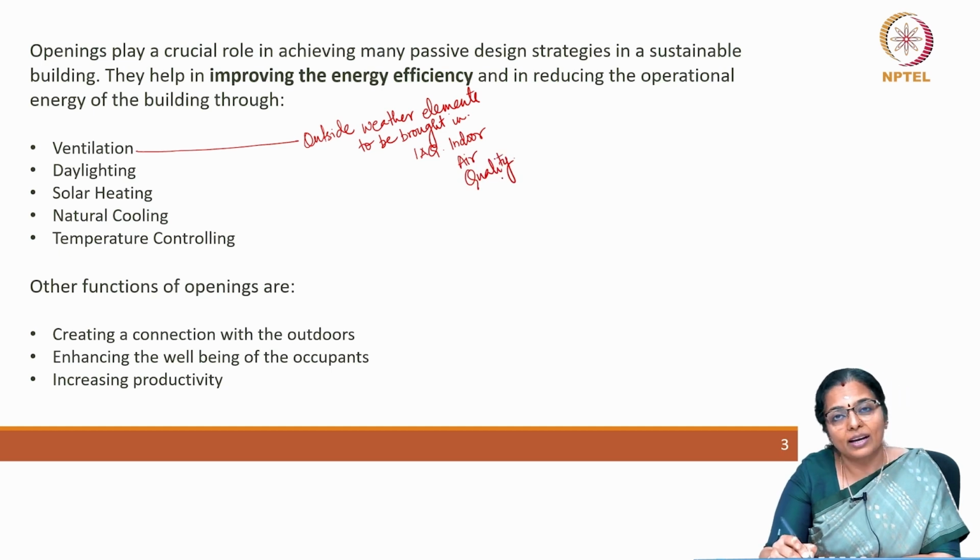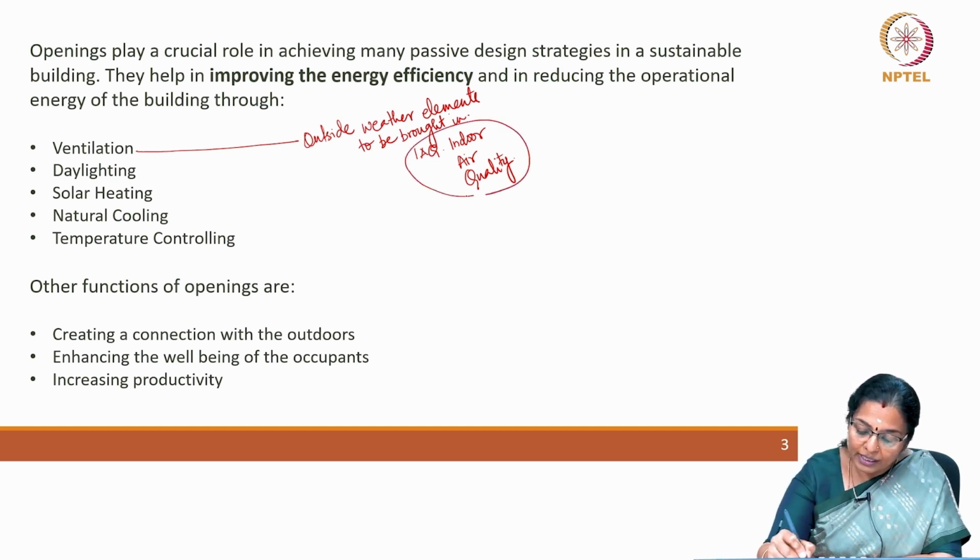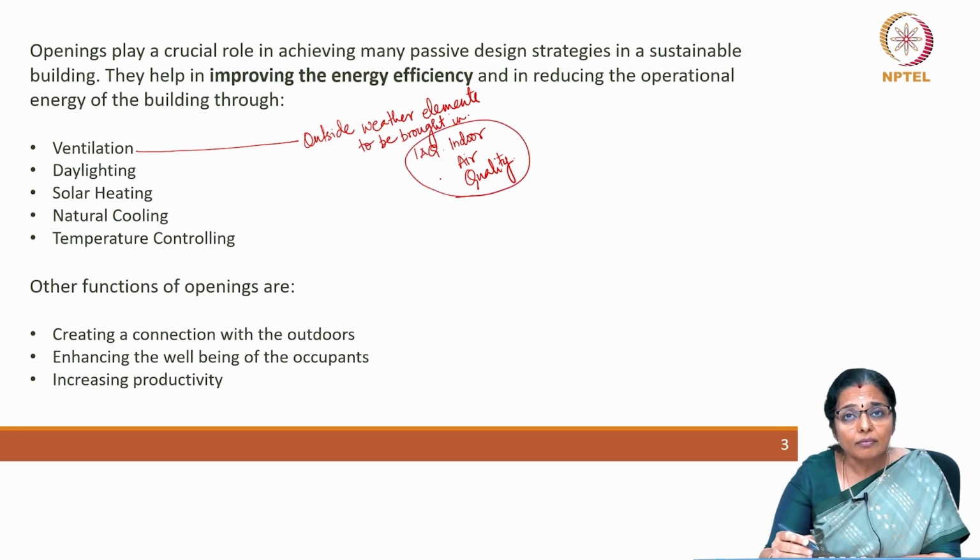If the indoor air quality has to be controlled in any other way, then it becomes mechanized. Sometimes we can use air conditioners or air purifiers. Both are dependent on the grid electricity and therefore using either one of them will increase the operational energy. If you do not want to do that, then to improve indoor air quality, we must have openings which facilitate